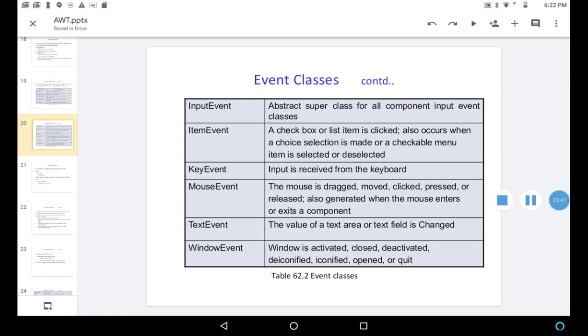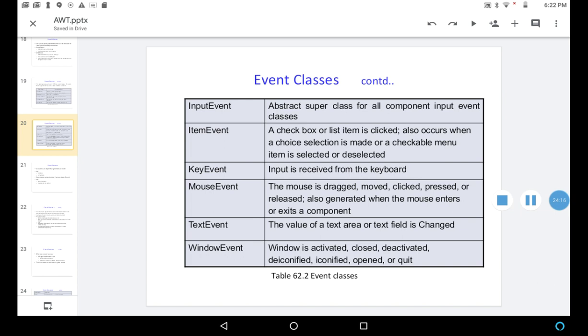KeyEvent: when input is received from the keyboard, a key event is generated. MouseEvent: generated when the mouse is dragged, moved, clicked, pressed, or released, and also when the mouse enters or exits a component. TextEvent: generated if the value of a text area or text field is changed.